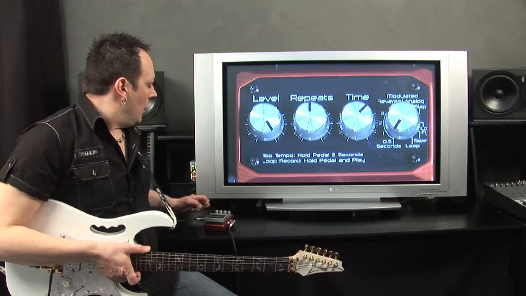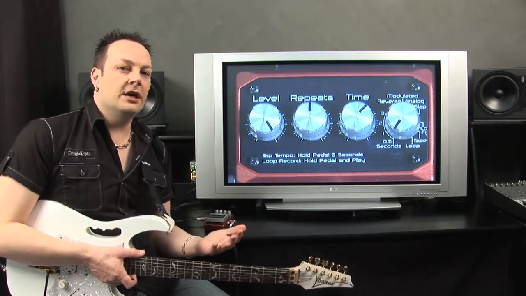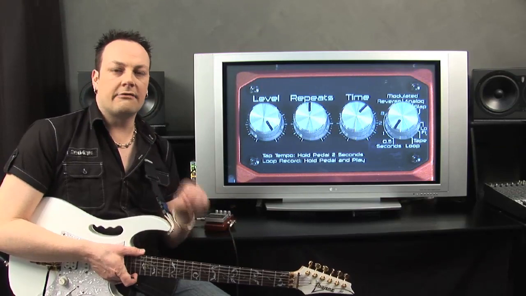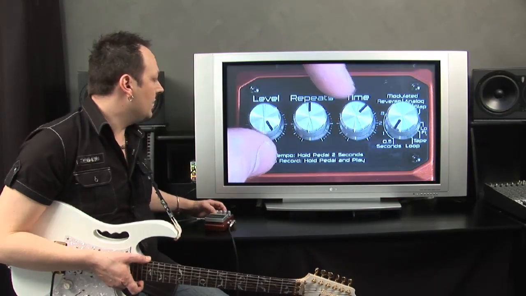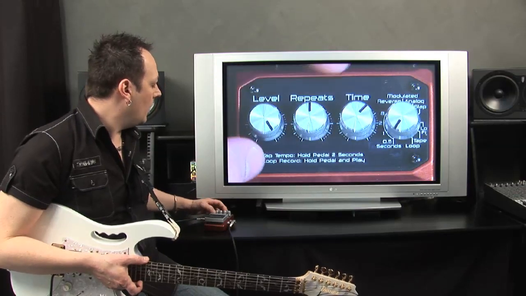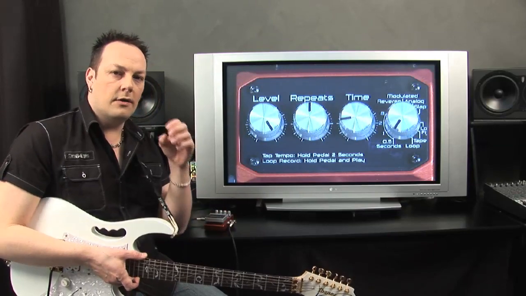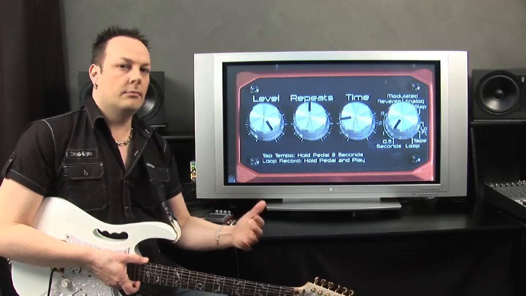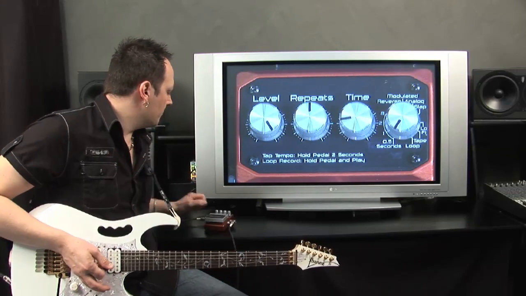So that's the repeat. Now, the repeat knob can often be called feedback. So sometimes you'll get a delay and it'll have a feedback parameter. Basically, that's the same as repeats. And then we have our time. Our time is basically how long it takes from the initial note that you play till you hear the note repeating. So if I turn it to its minimum value,